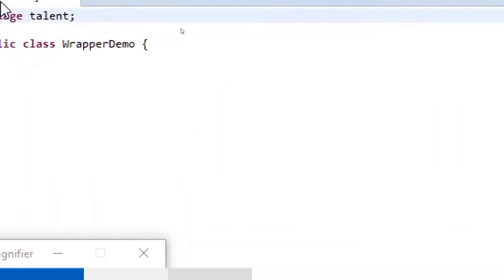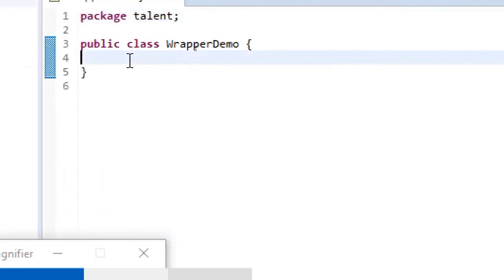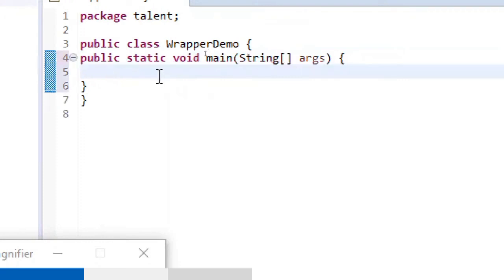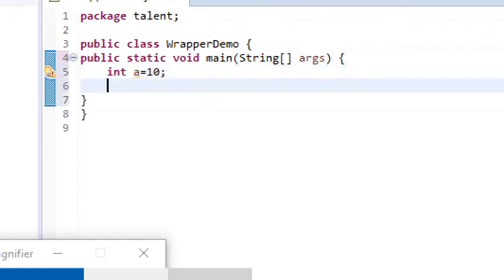So I just created a new class and named it WrapperDemo. And now, okay, let's create the main method. Control space, and then here int a equal to 10. Let me just write int a equal to 10, and